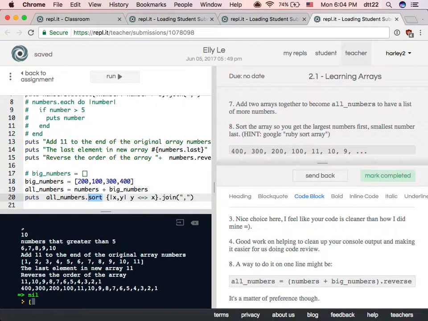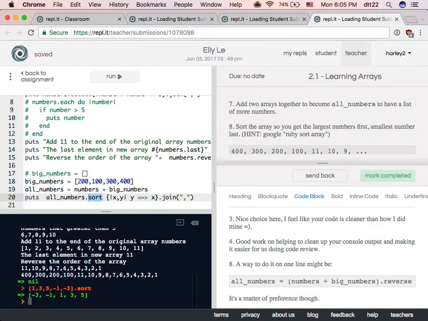If you have an array 1, 3, 5, minus 1, minus 3, and you call sort, it will display everything from small to big, right? Because it will compare two elements, the smaller one will go first. You can use this method, x and y, and you say x compare with y.